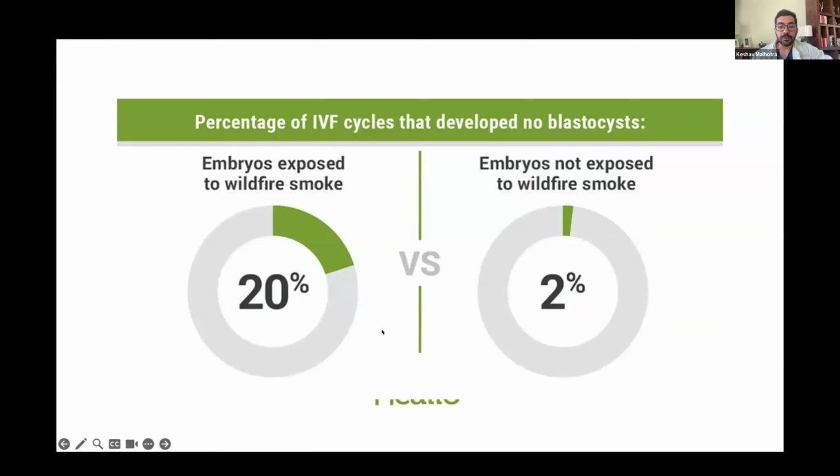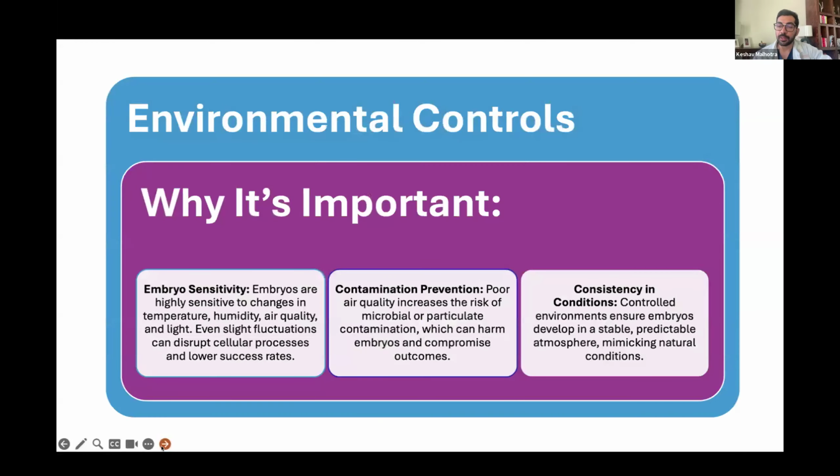A very clear example of this comes from the recent wildfires that are affecting America. We've noticed that the embryos that have been exposed to wildfire smoke, or the labs that have been exposed to wildfire smoke, 20% of those cycles have resulted in no blastocysts forming within that laboratory, as compared to 2% in most other laboratories. So this does tell us how even our environment and the location of the laboratory and the clinic can